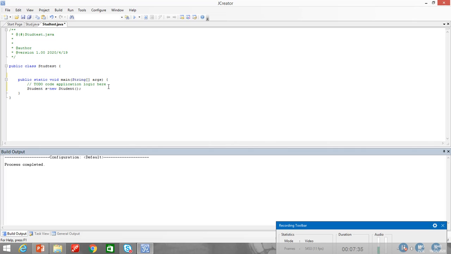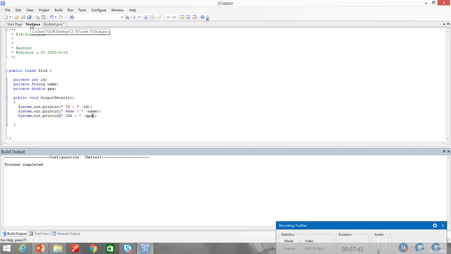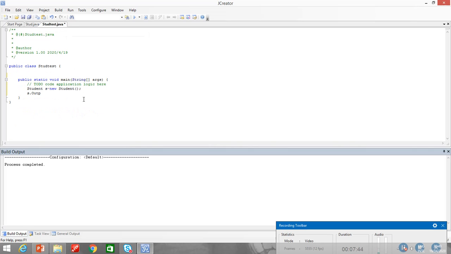Now what is the purpose of this statement? s dot, let me just check the name of the method, outputDetails. That's it.